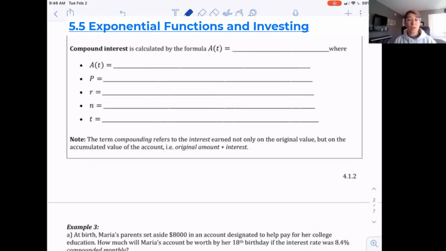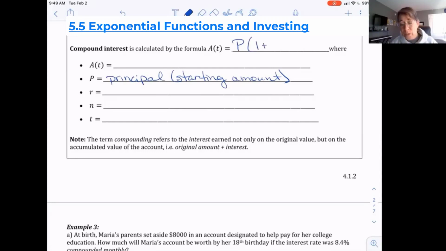One of the common uses of exponential functions is working with money, compound interest. It's calculated by the formula A of t equals P. Now, P is our principal. Again, that's still our starting amount. So when we're dealing with money, that could be a deposit or an investment,